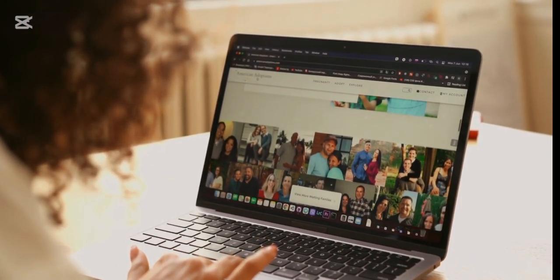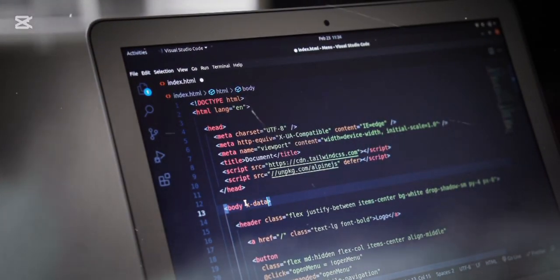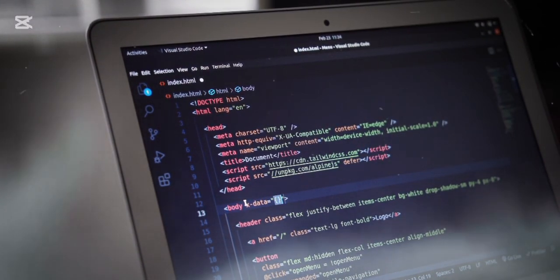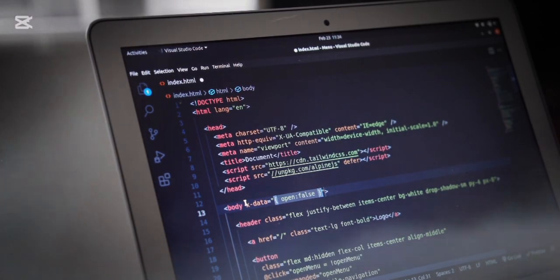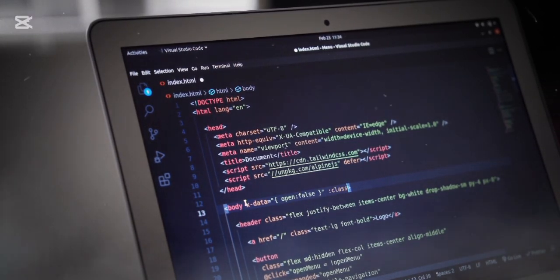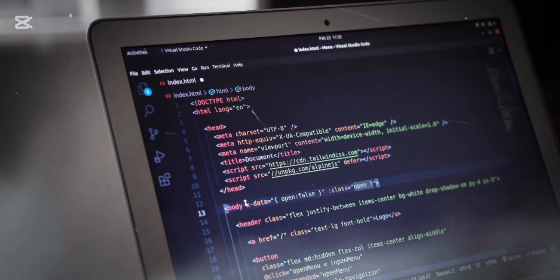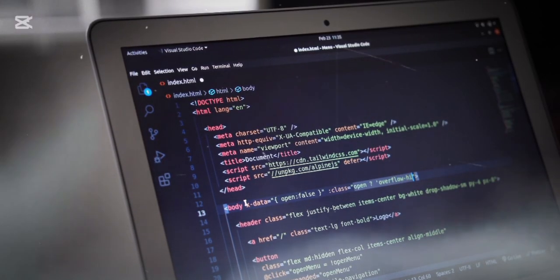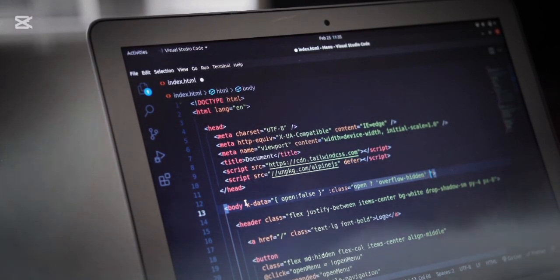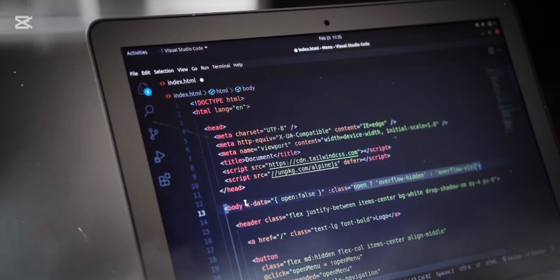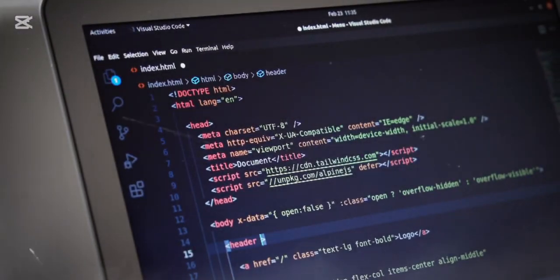Can professional developers waste time changing every element one by one? Absolutely not. There must be a smarter way, and that's exactly what you will learn today. Today I am going to show you the method professional web developers use to control an entire web page from one place. One small change, multiple elements update automatically. No repeating work, no wasting time.